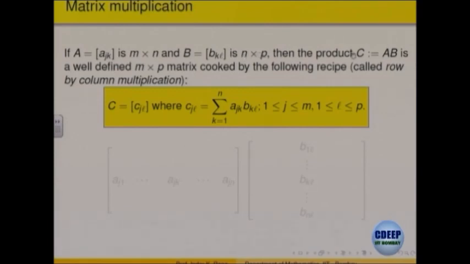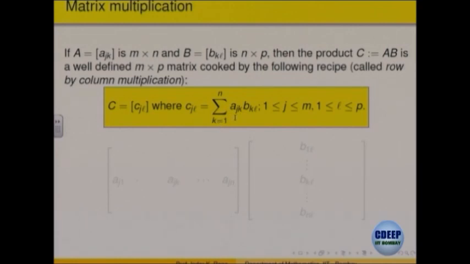Okay. Then the product of these two matrices AB is a new matrix, let us call it C. So, how do I describe C? I have to tell you what are the entries of C. So, let us look at the entry C_jl, the jth row, lth column. It is defined as you take A_jk, you take B_kl. When you take A_jk, j is fixed, k is varying.